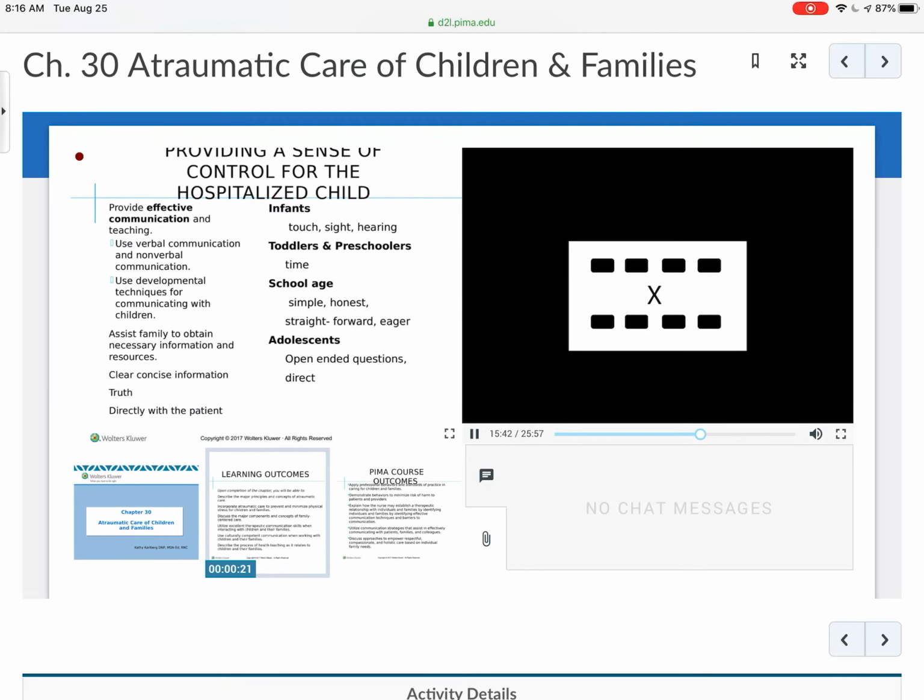Communication. So communication is huge too. Some parents don't know how to advocate or speak up for their child, so sometimes we have to pull them out, asking them things. Most of the time, people feel a sense of loss of control when you go in the hospital. We know what we're doing, but they don't know what we're doing. So effective communication really helps smooth that hospitalization, and making sure that they truly understand,